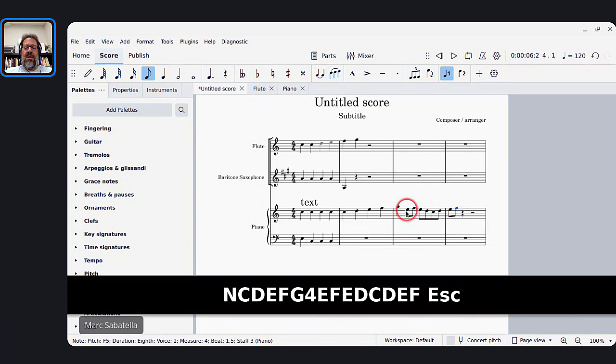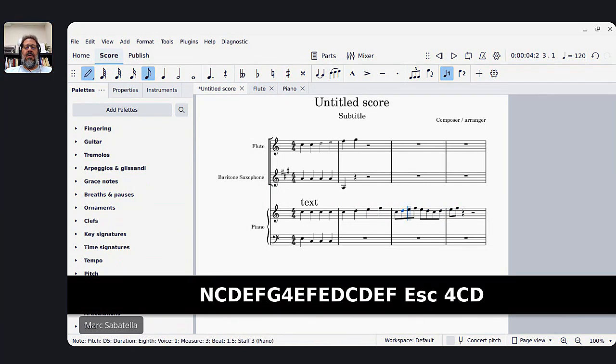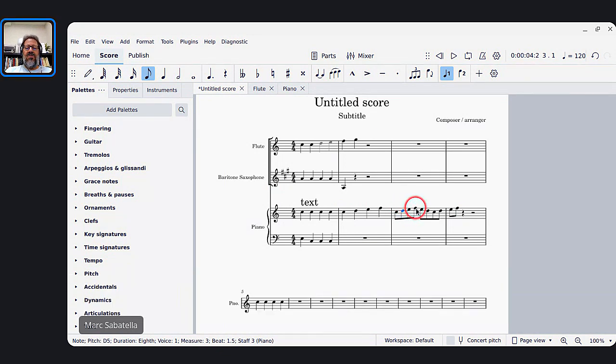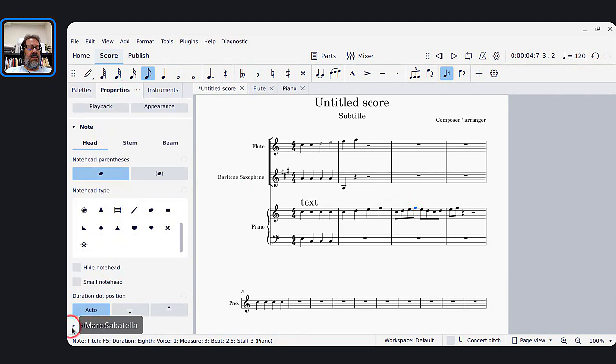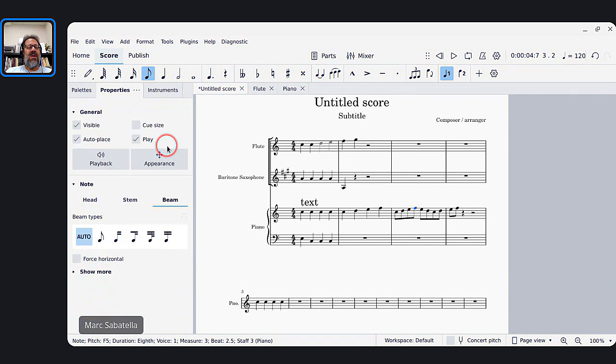If you want to beam in a group of 3, you can select this F here and go to properties. And let's try show more. Oh, no, beam. I'm going to click the beam tab here. And you'll see these controls. These are the same controls you'll see in MuseScore 3 in the beam properties palette. And then you want to start a new beam on that F. So start a new beam. And then you want this E to be in the middle of the beam. So select the middle of beam here. And then you want to start a new beam on the C, start that. And now you've got 3